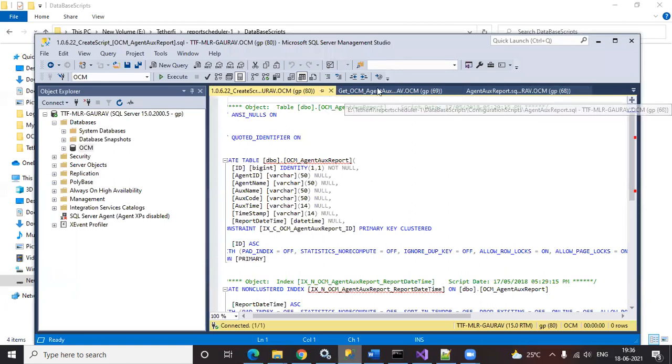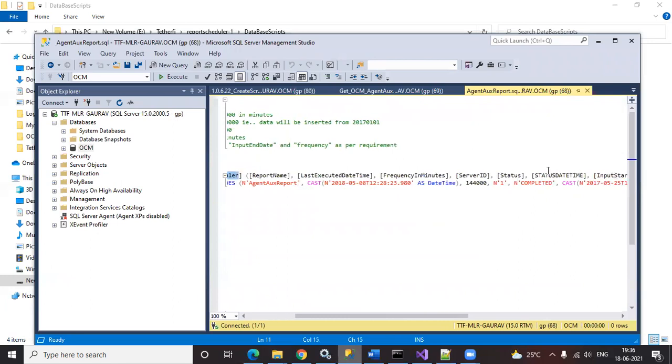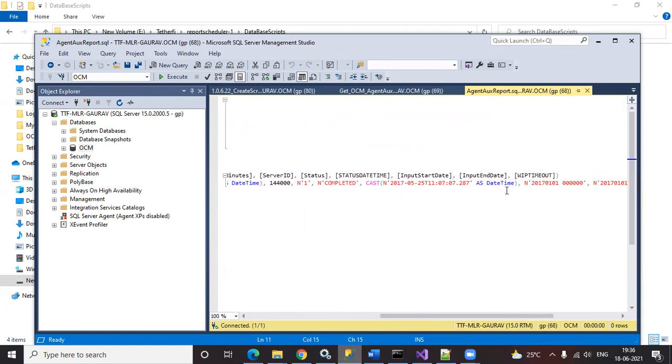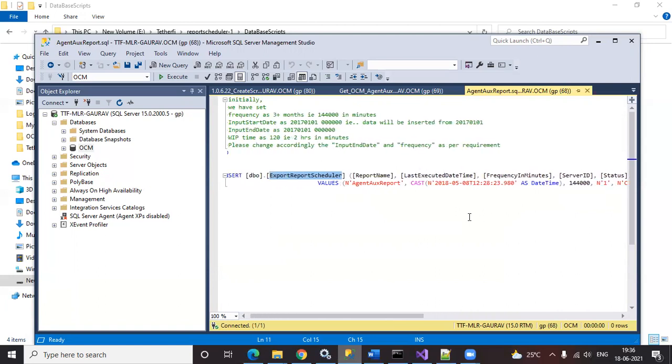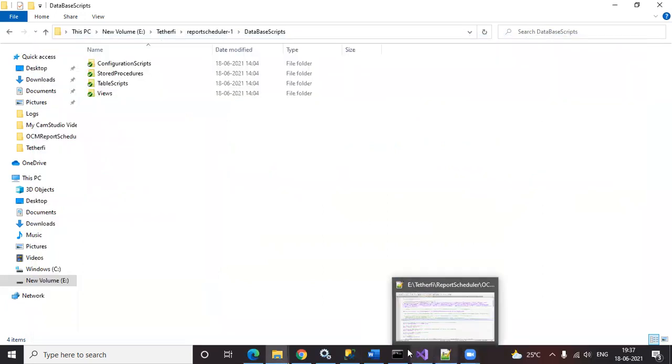One more thing to keep in mind is for the configuration script, not status update, sorry, input start date and input end time, we can configure it as per our needs. Right now, it will be inserting records from 2017. So if you wish to insert records from the year 2019, you just need to make changes over here and execute the file. Now, once the scripts have been executed, you can start